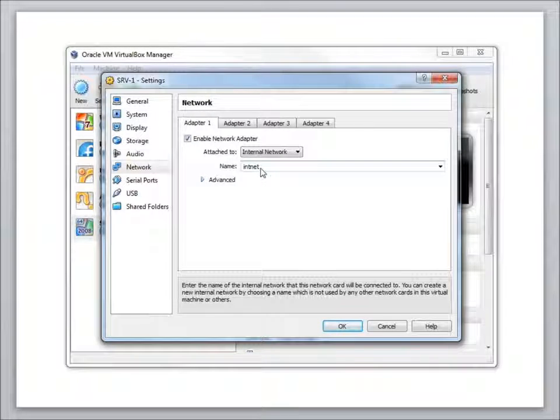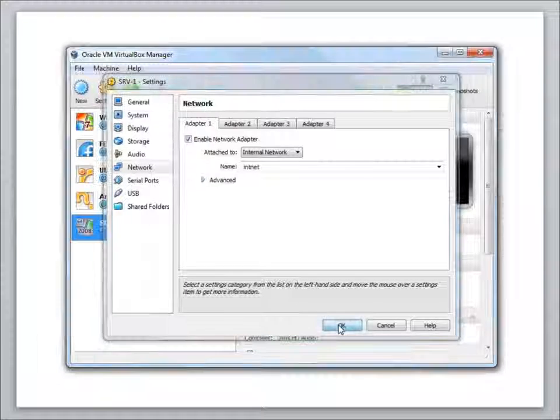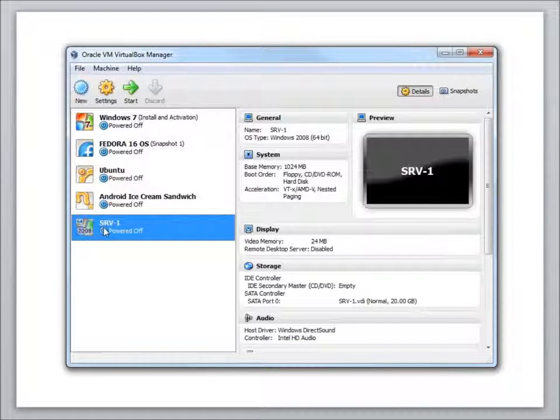And so if I have multiple virtual machines, as long as they're all on the same internal network called IntNet, they'll all be plugged virtually pretty much into the same switch, and that'll allow all of our computers to talk together among themselves. So I'm going to go ahead and make that change, and every computer that we will have on these lessons will also be put on this IntNet internal network that will allow them to be able to communicate back and forth between each other. So I'm going to go ahead and hit OK on that,